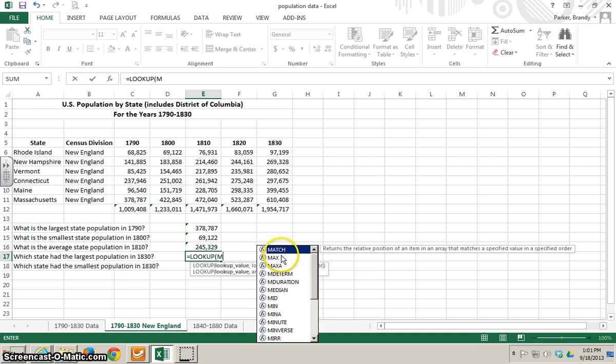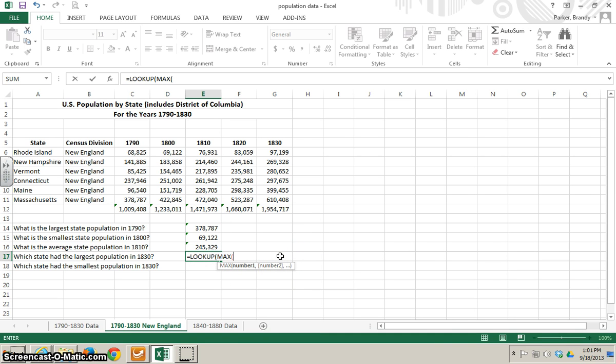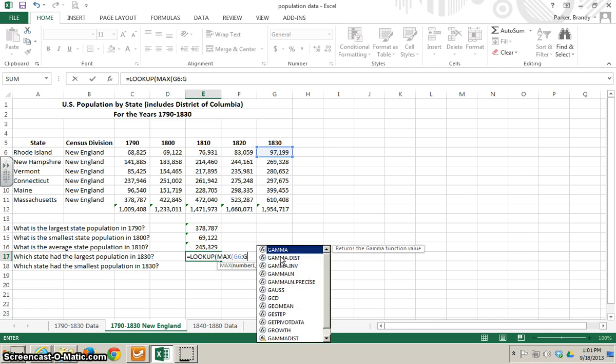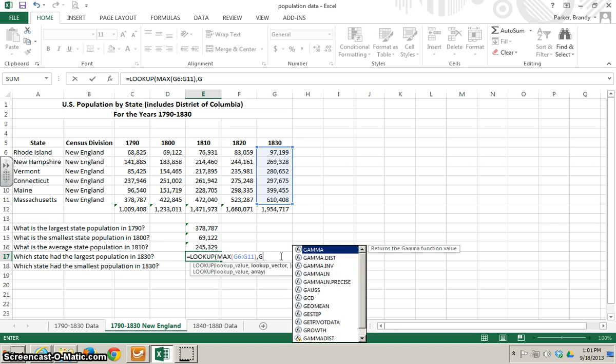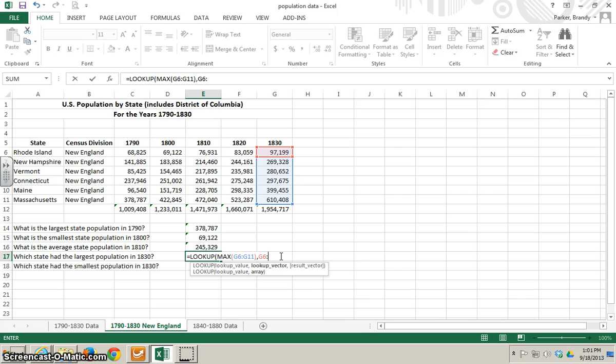So I typed an M, I can double click on max. The max, this formula also is on page 201 in your book. Max of G6 colon G11, closing parenthesis, comma, G6 colon G11, comma, A6 colon